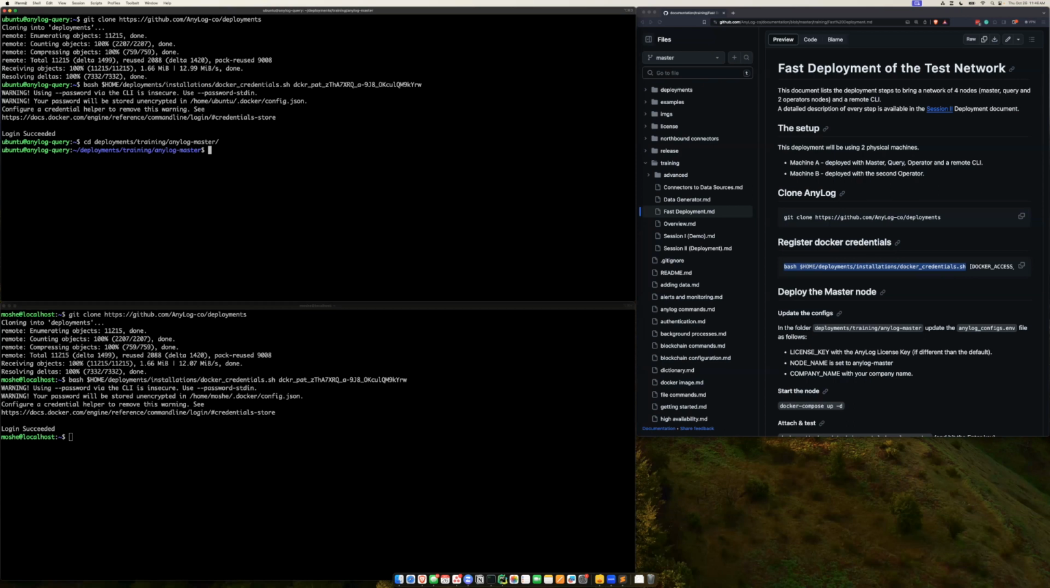In this directory, we will find 2 files. The Docker compose file, which will direct the download process, and the AnyLog config file, which is the configuration file for the master node. This file determines the services that will be offered by the node. Inside the configuration file,